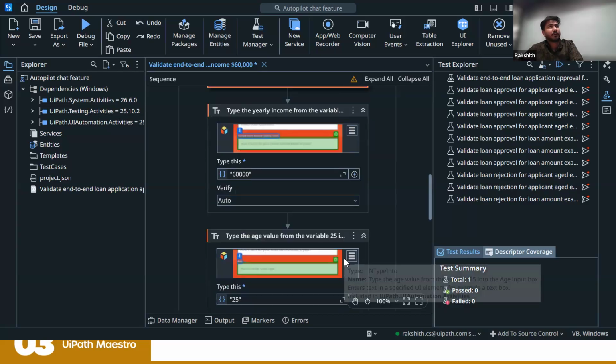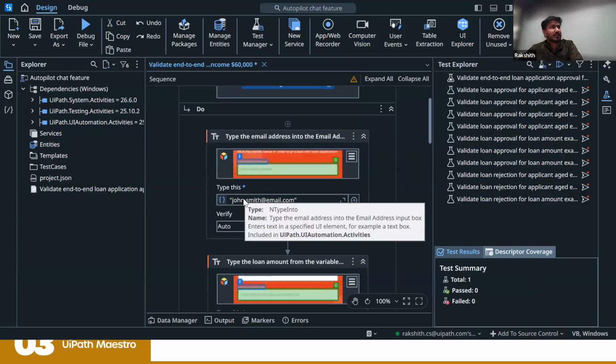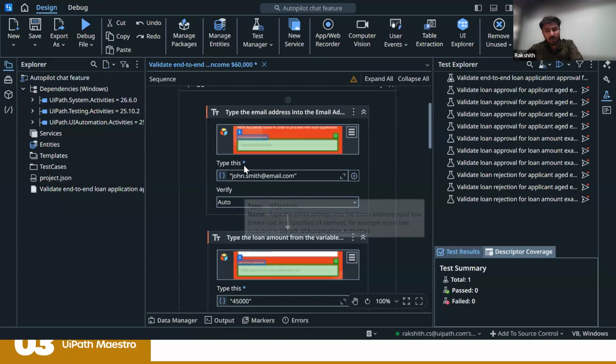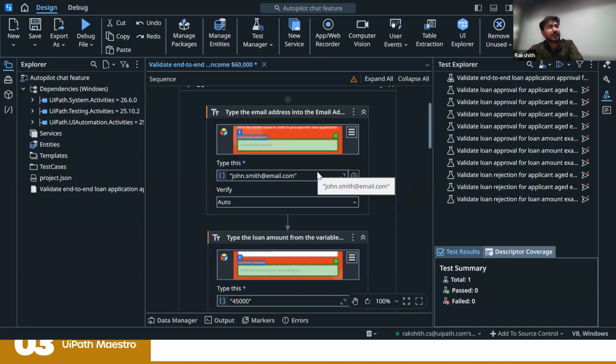So the first and foremost important thing we need to check is whether all the steps are correct or not. In this case, the data is defined, but if you want to make this data generic or parametric, you can provide that as a parameter. You can remove and add it here as well. Or else, if I go to the Test Manager,